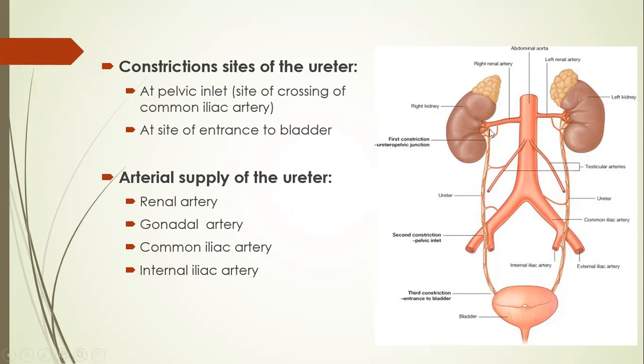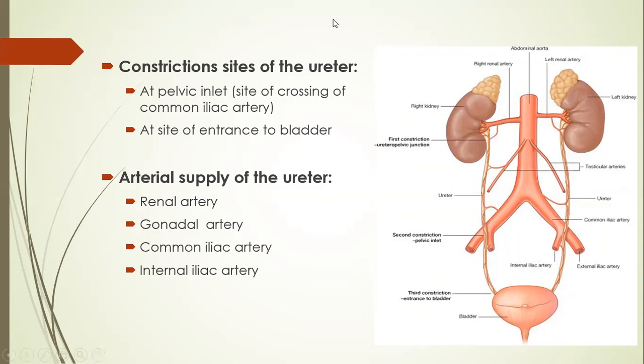Some books also mention the beginning of the ureter, at the pelvis, where the first constriction is. That is called the ureteropelvic junction, where the first constriction is, then the second constriction, and third, when it enters the wall of the bladder, that is called the third constriction. Okay, so there are three constrictions. Also, according to some books, it is two constrictions. I think that is okay. So these are the normal constrictions. Any other constriction apart from that is called pathology.